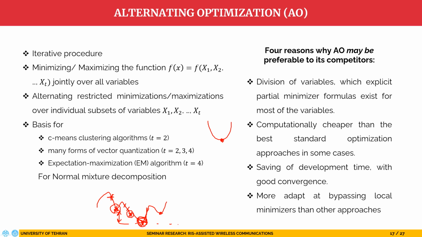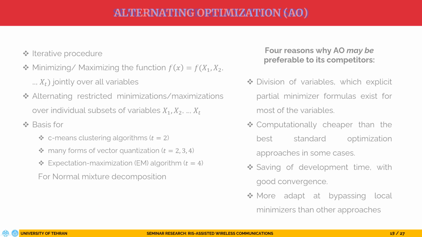And alternating optimization is capable of doing this thing. It is more adept at bypassing local minimizers than other approaches. So this is a very good method, and it is widely used in research. Another technique which we should use to solve that optimization problem is